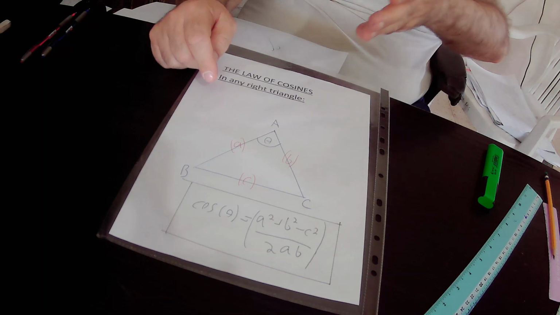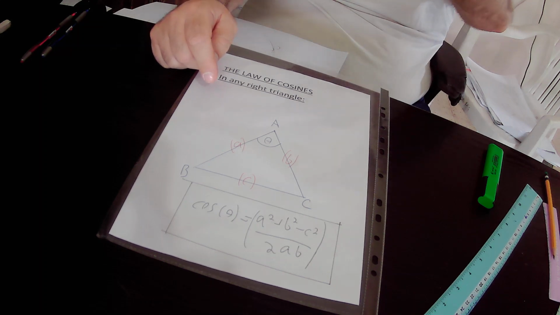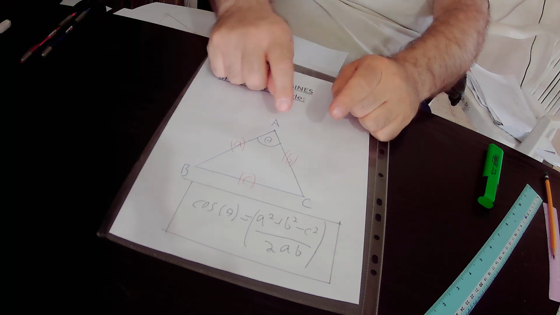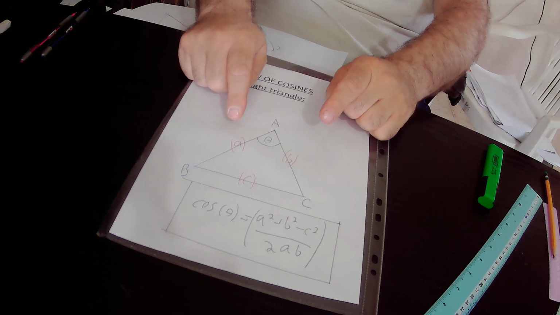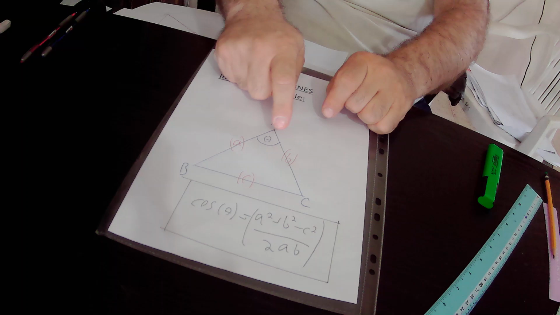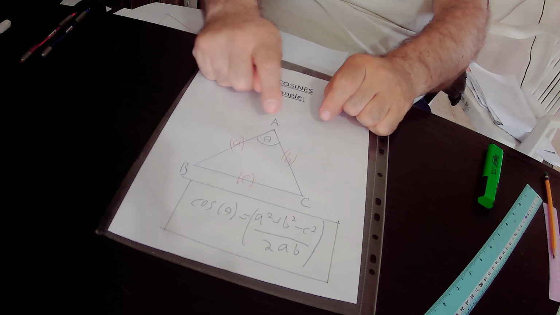According to the law of cosines, in this triangle ABC that could be any triangle, the following equation will be true: cosine theta equals A squared plus B squared minus C squared over 2 times A times B. Again, cosine theta equals A squared plus B squared minus C squared over 2 times A times B. So we can implement the law of cosines in any triangle,